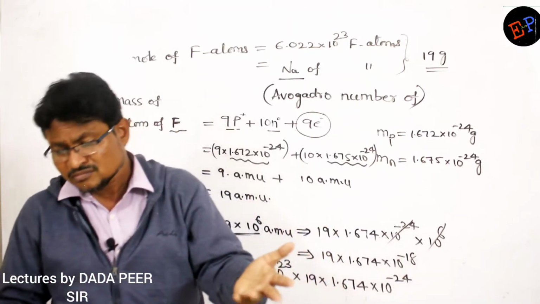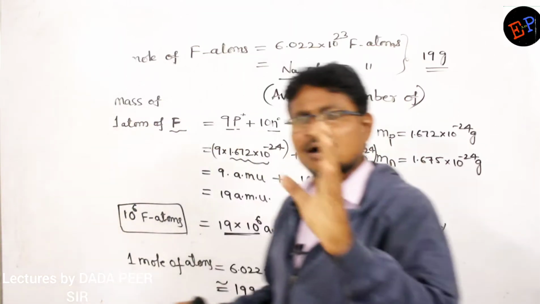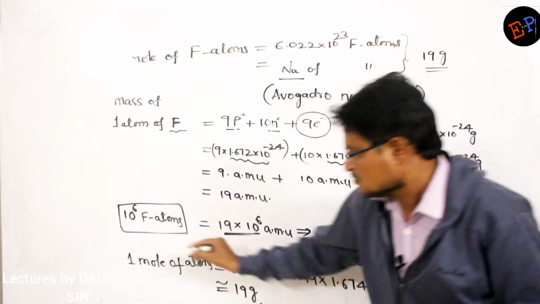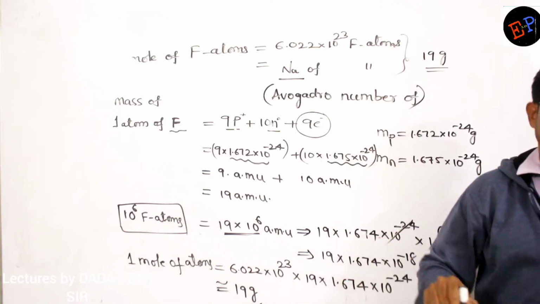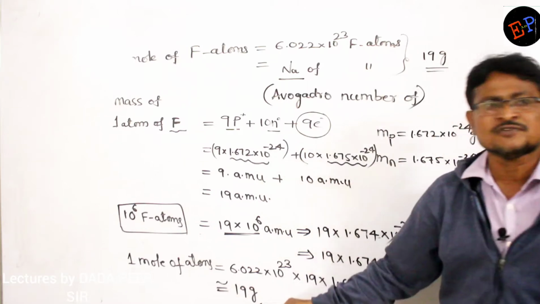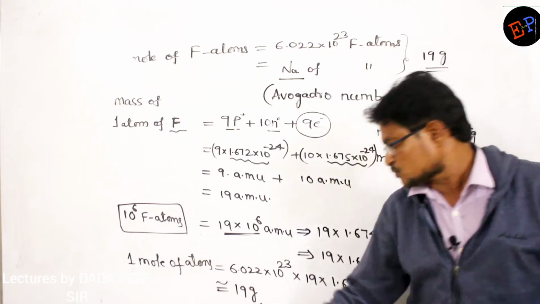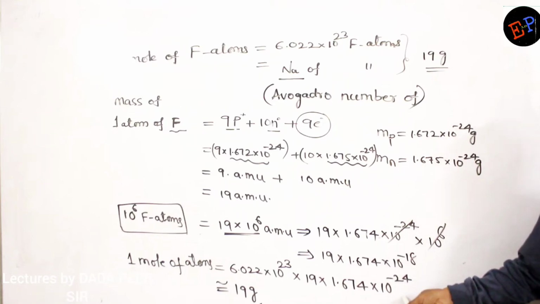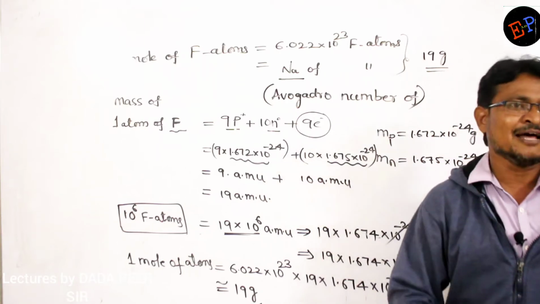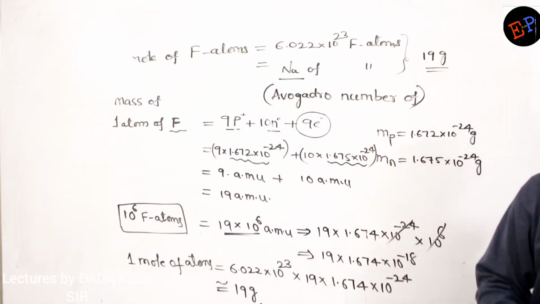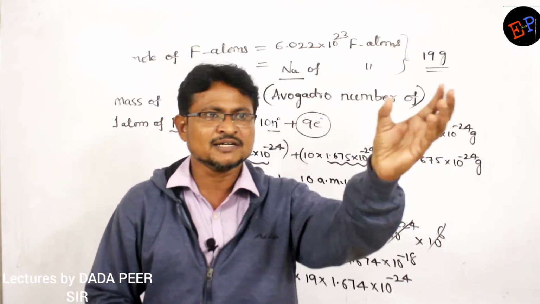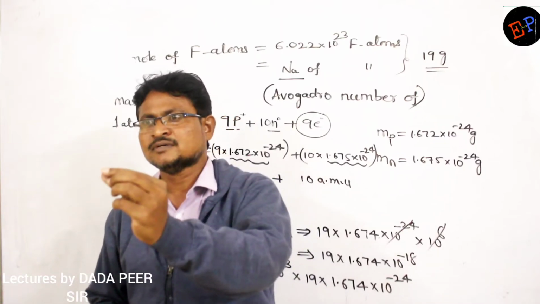We can't do anything just by taking the mass of one atom of fluorine. So we have considered taking 1 mole of atoms. When we take 1 mole of atoms, approximately how many grams of fluorine do we get? 19 grams of fluorine. If you solve this multiplication, approximately you get 19 grams of fluorine. Yes, 19 grams is a considerable quantity, right? 19 grams is a considerable quantity or not?